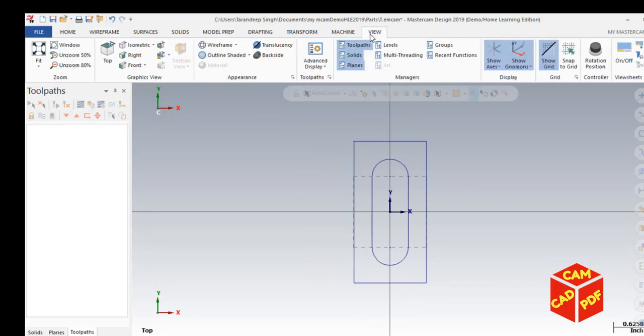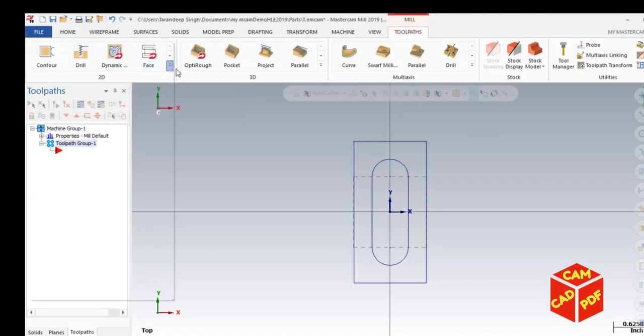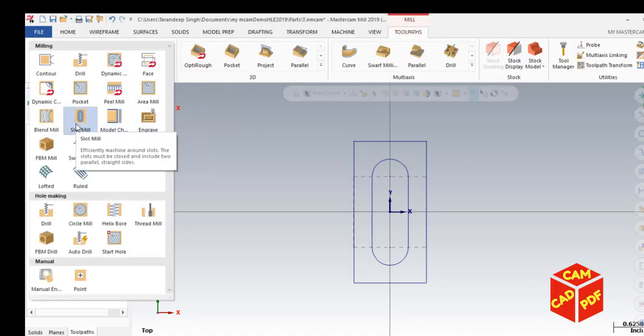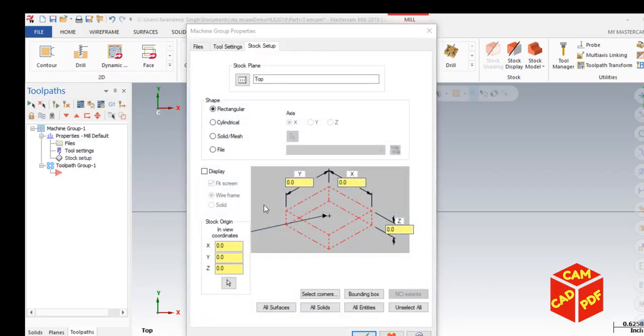Now we're gonna go to machine, select mill, default, select slot mill, milling operation, then set up stock, all entities, select all, make our Z value 0.25 inches, OK,